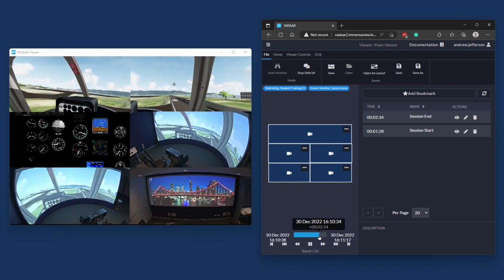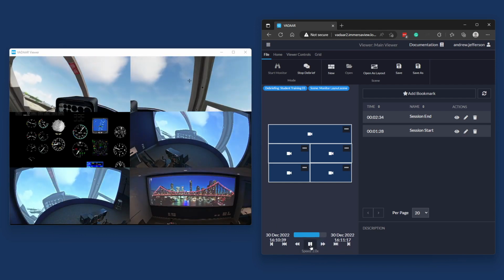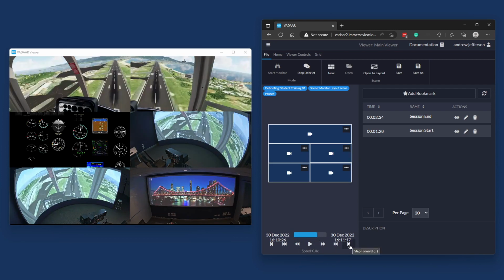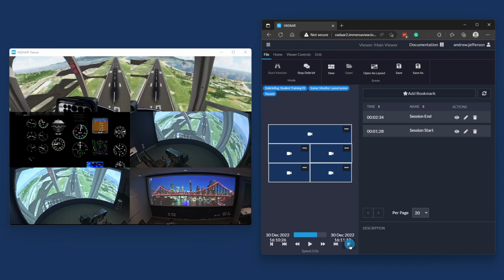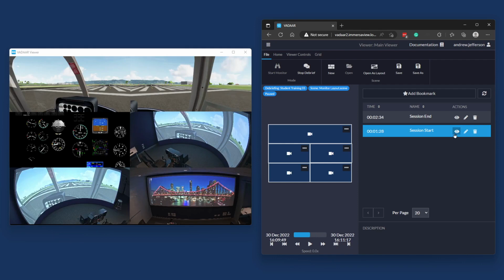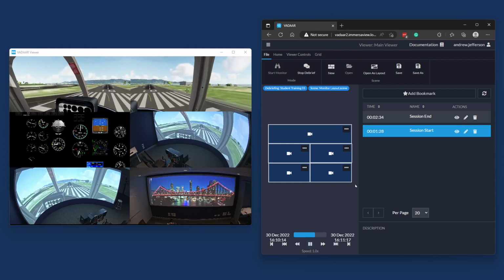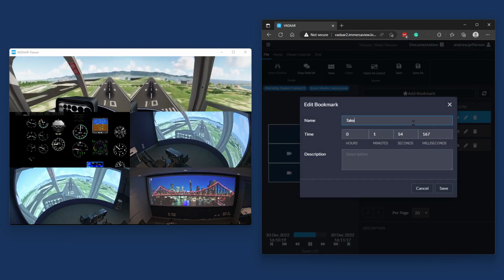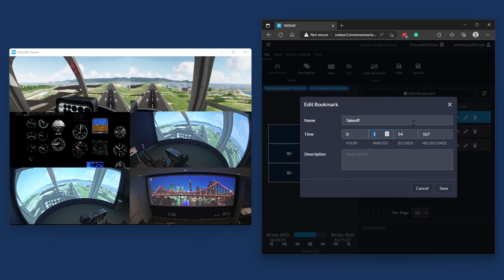We can play at double speed, half speed, pause the action and review frame by frame, with each stream remaining in locked synchronization with each other. Likewise, we can click anywhere along the timeline to jump to that point in the session. We also have the bookmarks we created while monitoring the recording. We can click the Seek button on each of these to quickly jump to that part of the action. Not only that, but we can create new bookmarks during the debrief for any moments we might have missed while the action was in full swing.